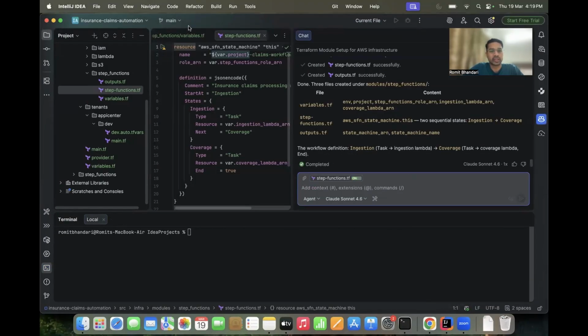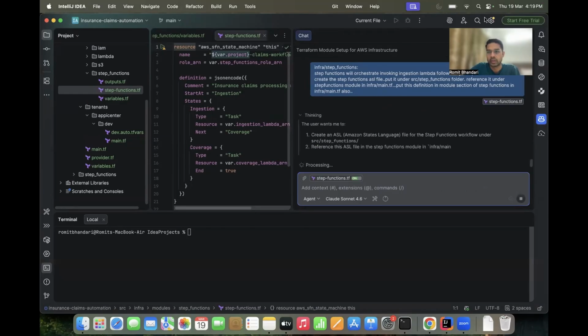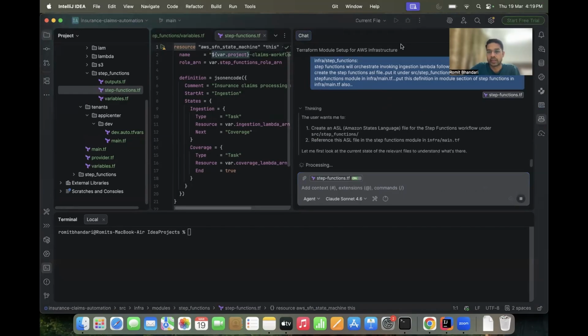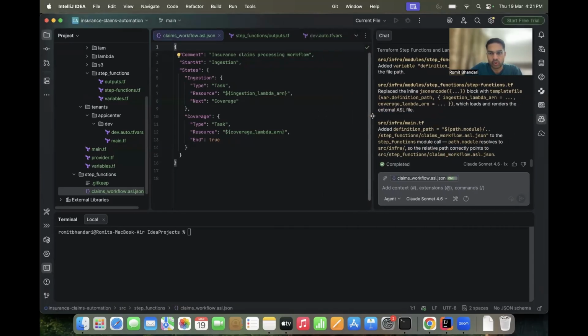By the way, I've just renamed the repo to insurance claims automation instead of workflow, so just keep a note of that. I've just put the prompt. Let me be back once it creates the resources. So it created the ASL file, so it created a very basic code inside that file. Obviously this code will change, so it is just taking into account the two lambdas,